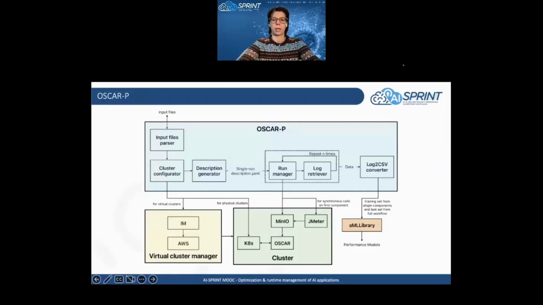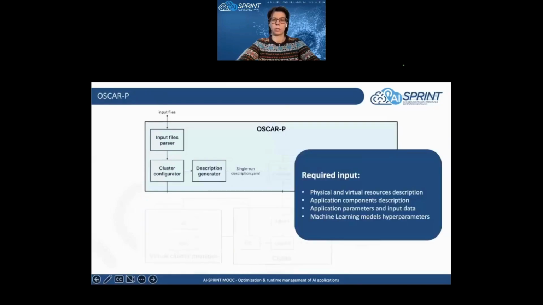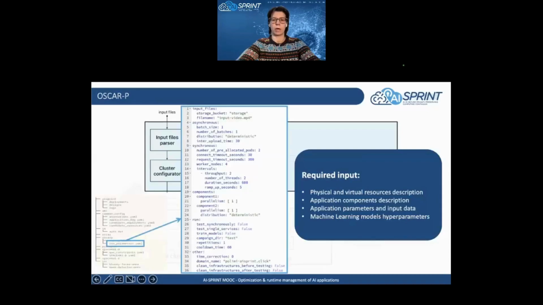This is the general architecture of Cie and the related components. It requires several input files providing the description of the candidate resources, which can include both physical devices and virtual machines, the application components with the relevant parameters and input data, and the hyperparameters required to develop the machine learning-based performance models. Moreover, the user has to provide some specific parameters that describe the profiling campaign, including, for instance, the